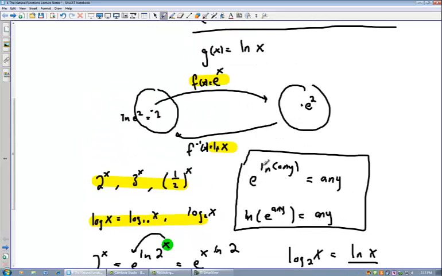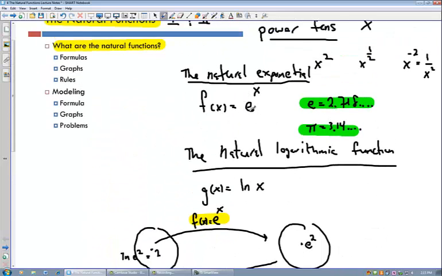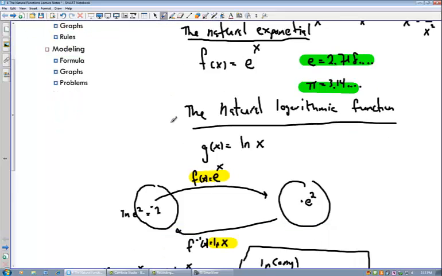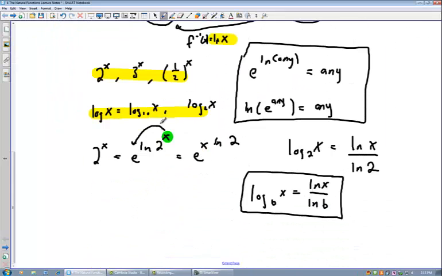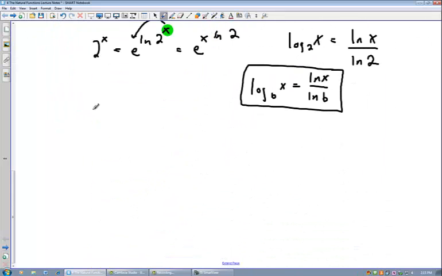Okay, so we looked at the two formulas here, e to the x and ln of x. We haven't talked about the graphs, so let's talk about the graph of e to the x. All right, so the graph of e to the x looks just like this. It has a horizontal asymptote at y equals 0, and it grows really fast. So this is the function,